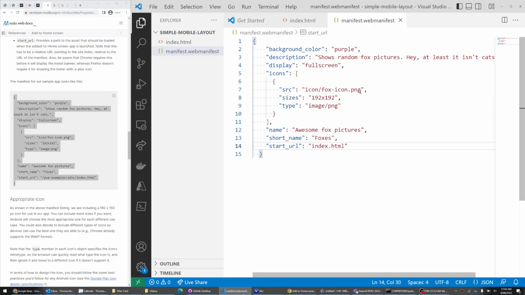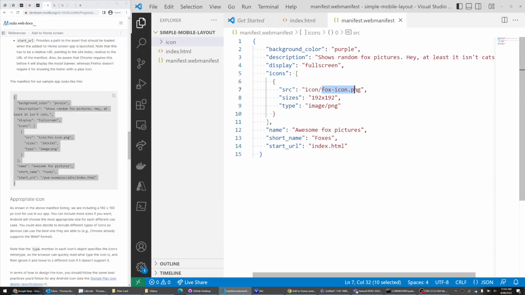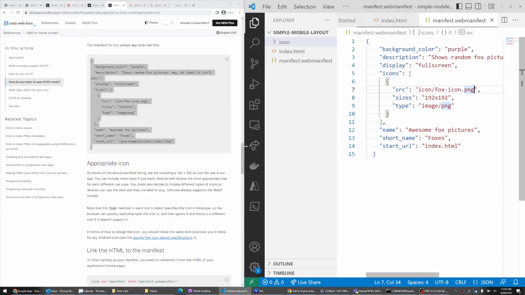We'll probably get an error if we don't have this icon set. So let's make a new folder called icon. We'll right click in an empty space, new folder, call it icon. And it needs to be called foxicon.png. To get that,